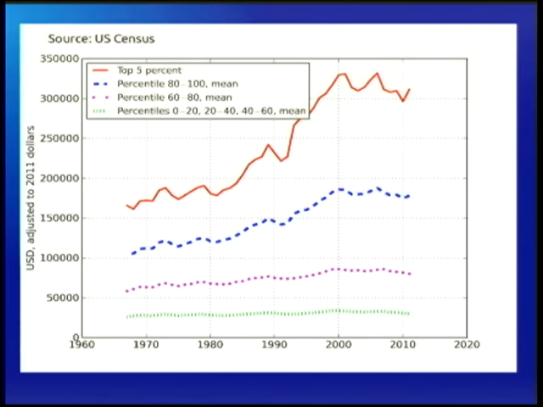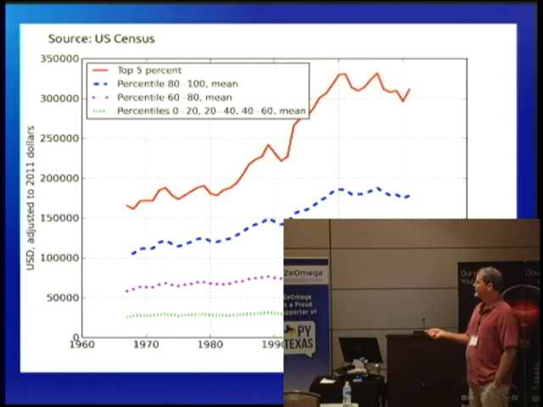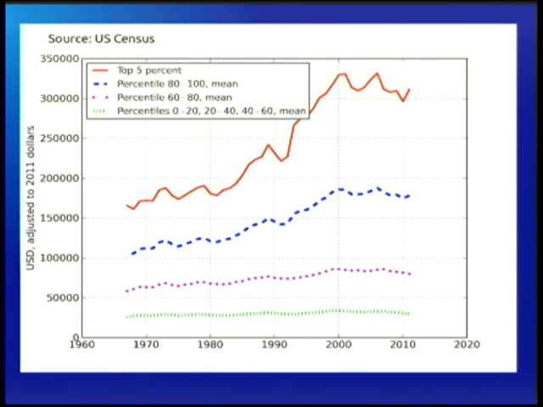This slide just shows one of the problems in America. The bottom green line, this is a fairly flat line, a 40-year flat line. This is the inflation-adjusted family income in America over the last 40 years. And you can see for the lower 60th percentile of folks, income has been flat for 40 years. There's been really no increase in income.